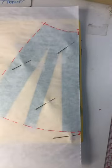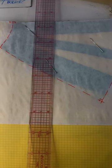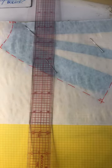Center front is just like a super landmark to always have on your patterns. This is no longer a sloper. A sloper is a pattern that has no seam allowances on it. I'm definitely going to add seam allowances to this. The way I do add seam allowances is to take a fresh,